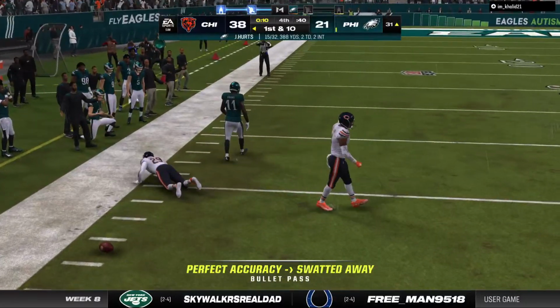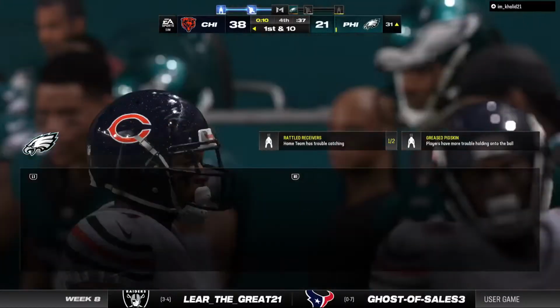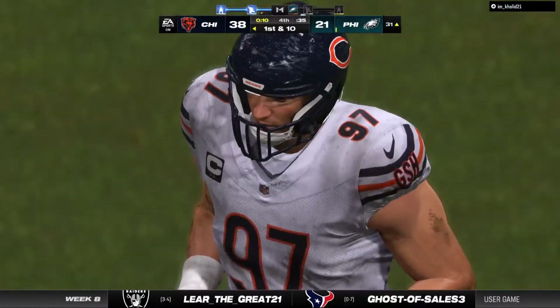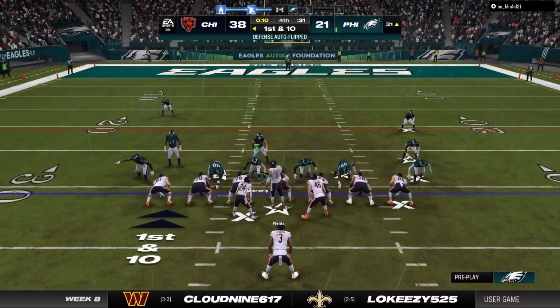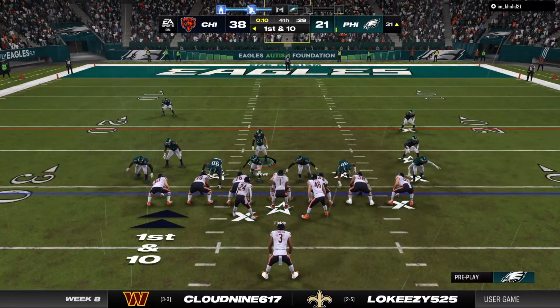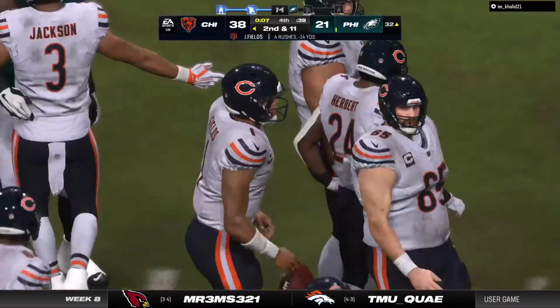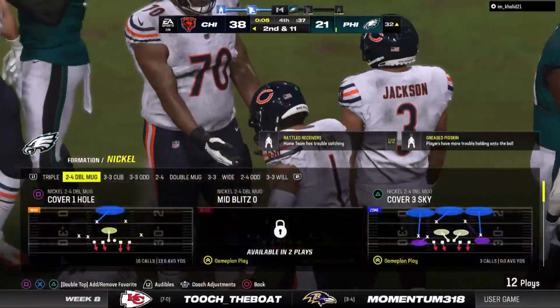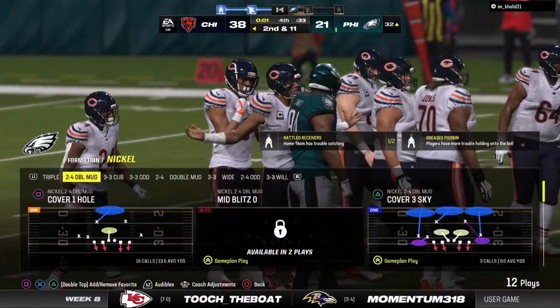Now on 4th down here, that pass knocked away and incomplete. They had to go for it with such little time remaining, and that's going to be just about all she wrote for this one. The D can only stop it one more time as they take the knee. I can't believe what I watched. Well, this was